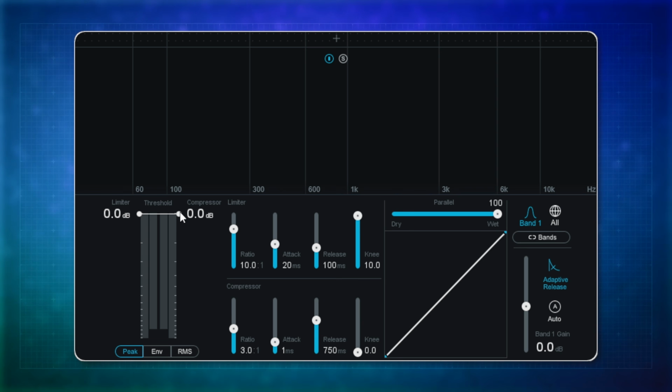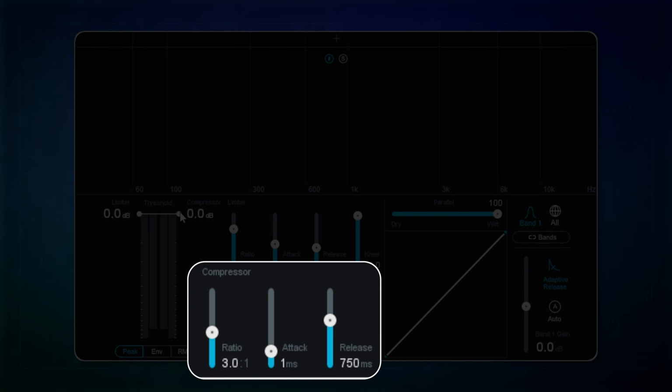Now, I could adjust the ratio. Well, it's not a high ratio at the moment. I may even want it to be higher if I want a little bit more gain reduction in that low end, but doing that at the moment is going to make things worse. The attack needs to be fast because I want to catch those transients, and well, the release, to save you some time, I've tried various different release tactics, a slow one, a fast one, and